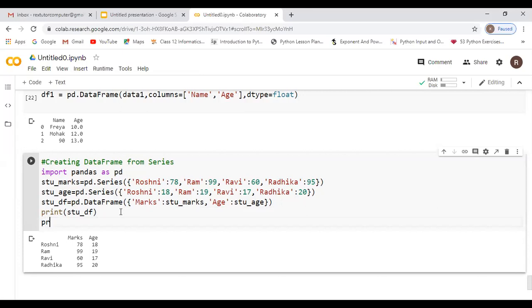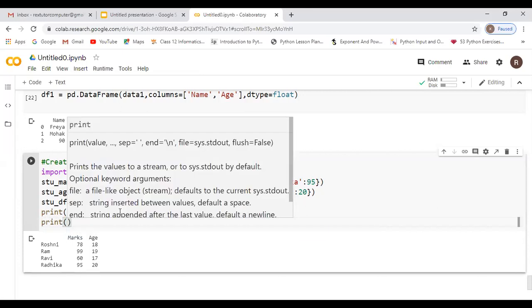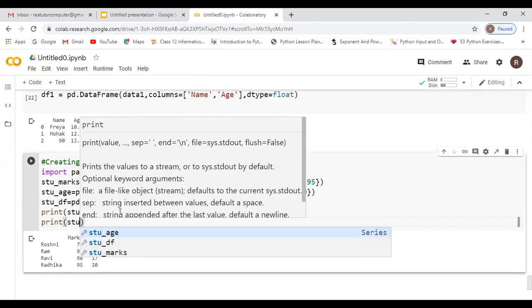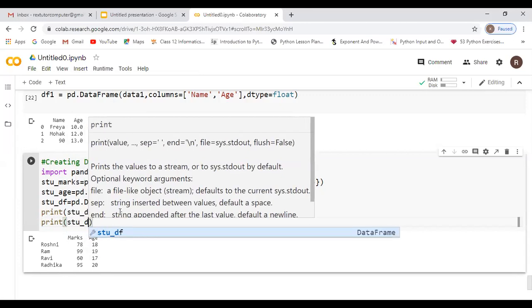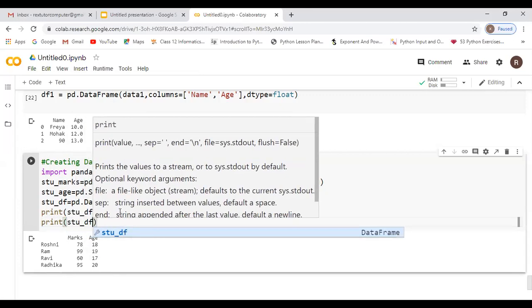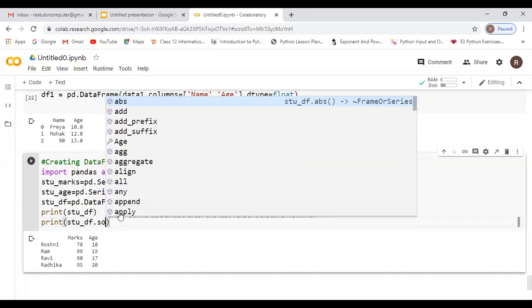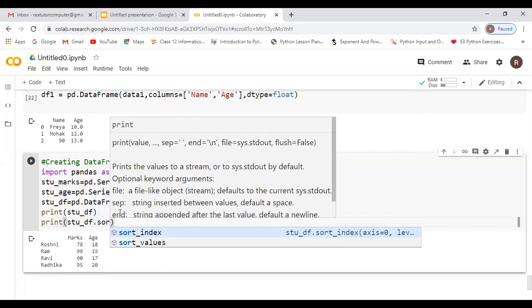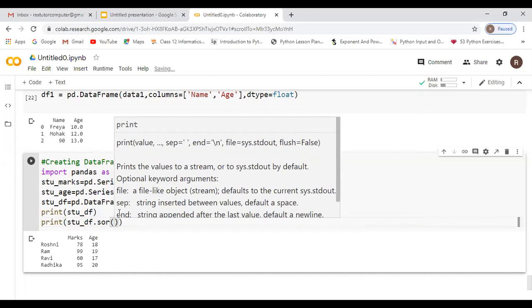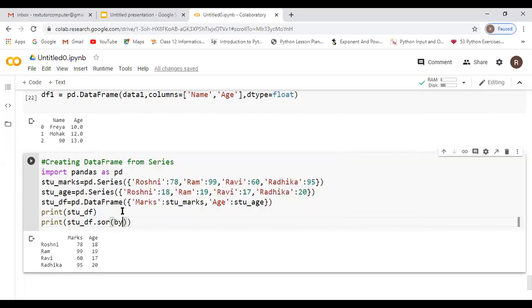In the print statement, you have your data frame, that is stud df. Then that name dot sort values, open the bracket. In that, by is the keyword you have to use.